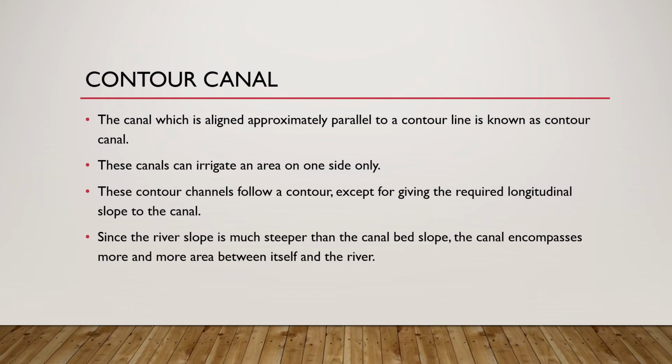Actually, mean sea level varies for different areas. You can see the mean sea level at railway stations. If you go to a particular railway station and see the name board, in the lower portion they mention the datum line level or the mean sea level. Actually, this contour line is an imaginary line.